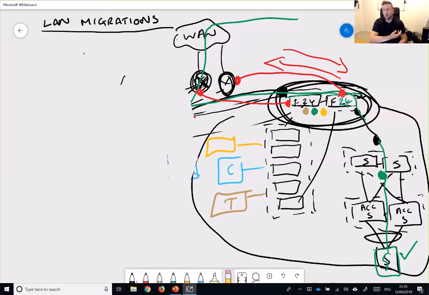Even if it's a branch site, you might have servers that are business critical. If that was just voice and data, you probably wouldn't need to do the parallel running, and sometimes that's not possible because of rack space, power, etc. And that opens up another conversation.